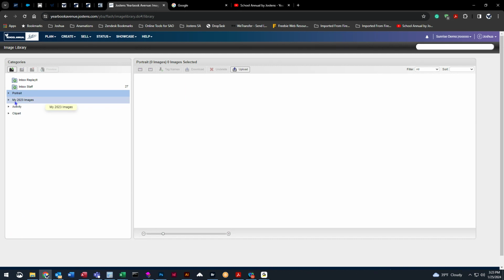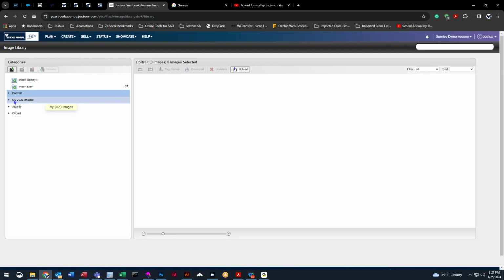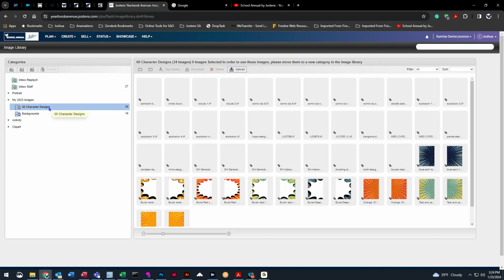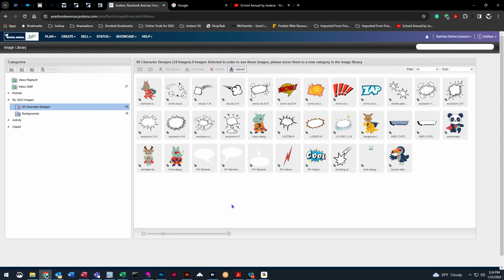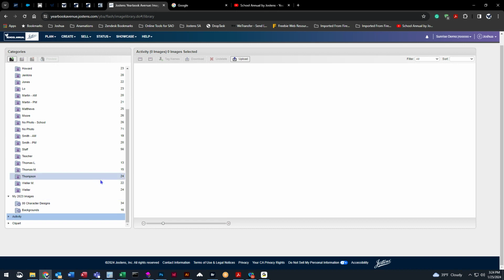Then once you're done with that, once you've moved all the portraits over to the current year, you will log back into the current year, come back to your create image library. Right here in my 2023 images will be all the images that you have moved over. And then to get these images into your portrait pictures or your activity pictures, whatever they need to be in,